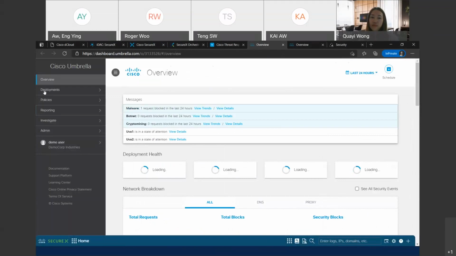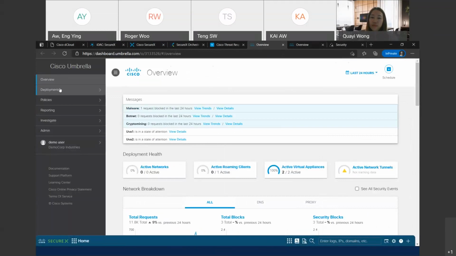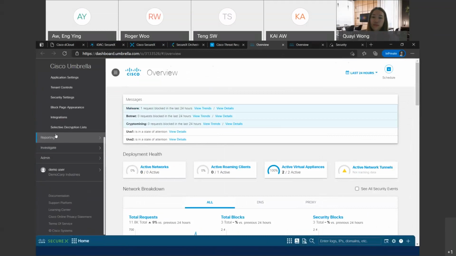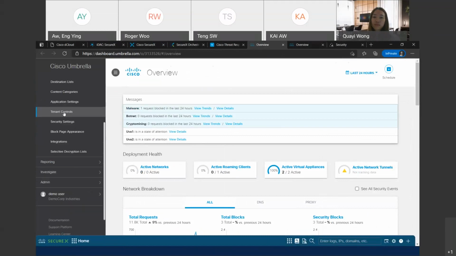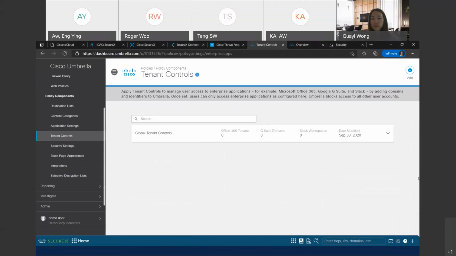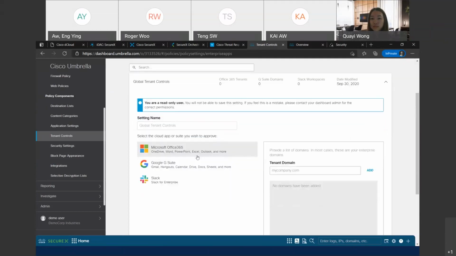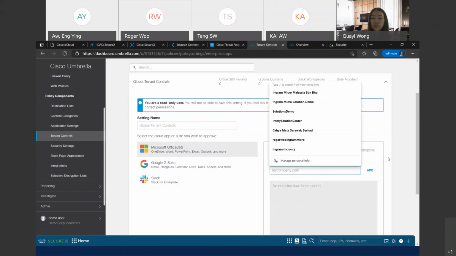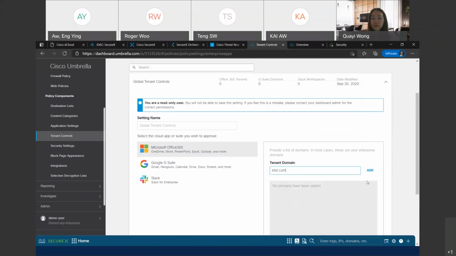Okay, so Cisco Umbrella is basically what we can do. This is more towards the secure email gateway, secure internet gateway. This is where you can do all the policy based on your cloud application. This is where you can put it in. But of course, I can't put in my domain because this is basically a